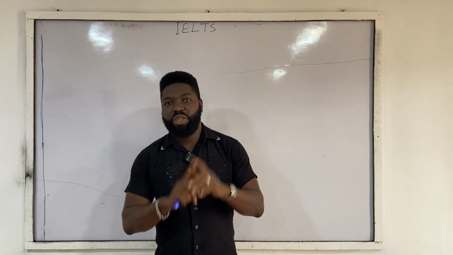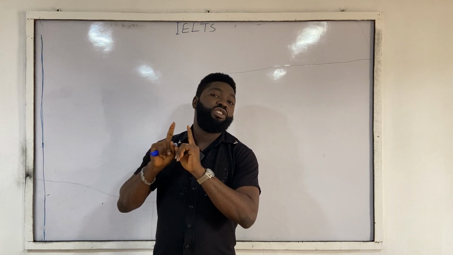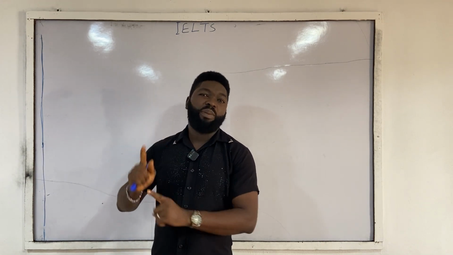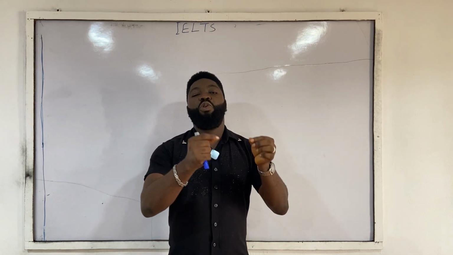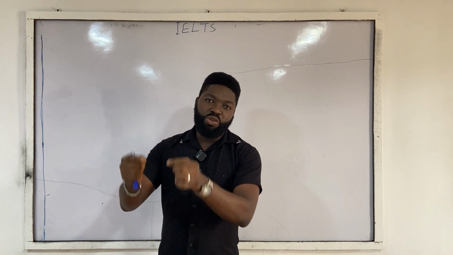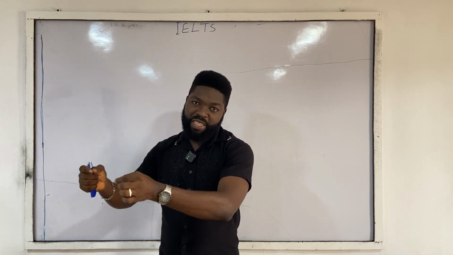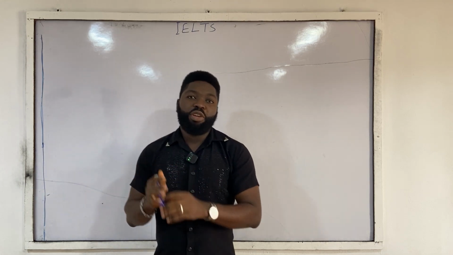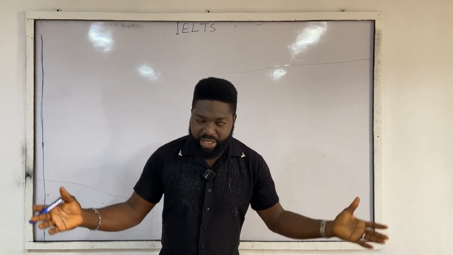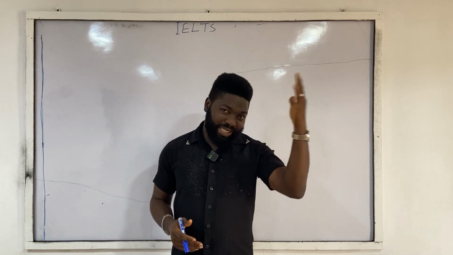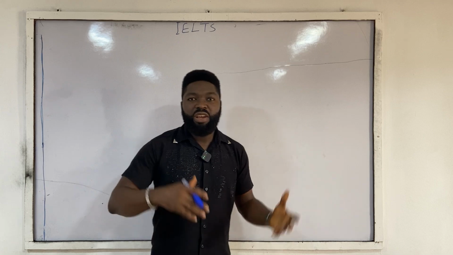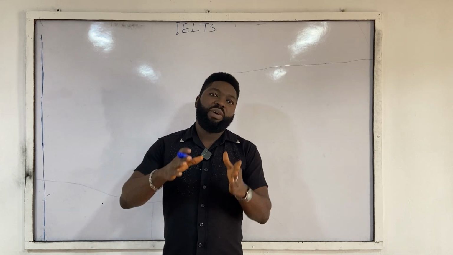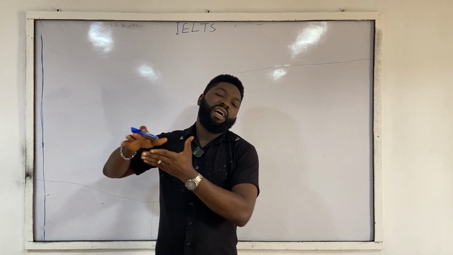So once you know the country, don't forget, if it is UK precisely that you are processing, then you have to write IELTS for UKVI, United Kingdom Visa and Immigration. But if you are processing any other country aside UK, probably you want to process Canada, Australia, New Zealand, all these countries, then you should write the Standard IELTS,